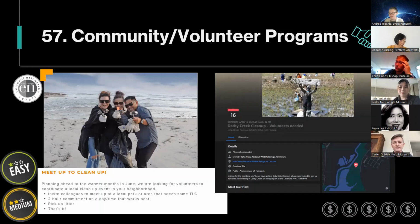Several locations, if you're close to a river or corridor with the lakes, you can do something informal, just getting a Facebook group together and garnering your social media following to encourage people to participate in cleanup events like that. Or you can establish a citizen science